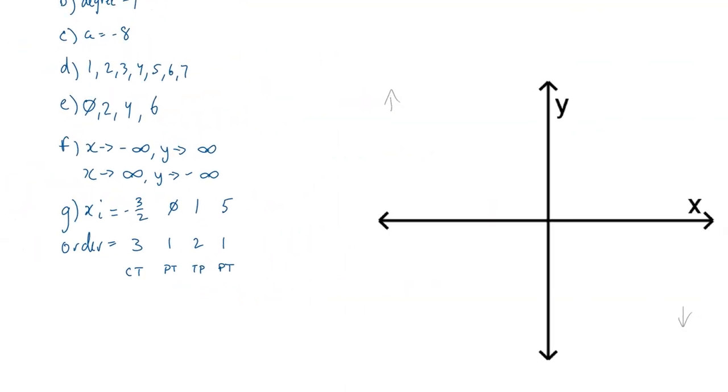Now I can put it all together with the sketch. So I've got a cubic twist at -1.5, then a pass through at 0. So I have to turn to get that pass through. Then I have to turn again to get a turning point at 1. Then I have to pass through at 5. And look at how all of those